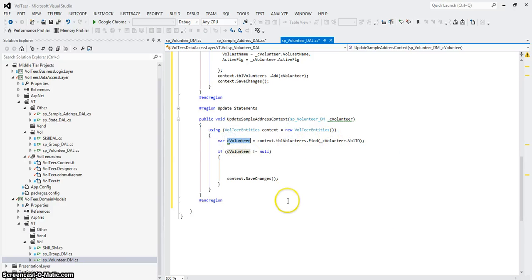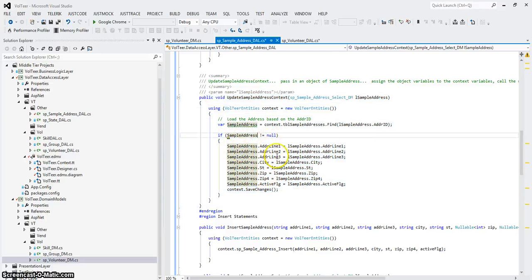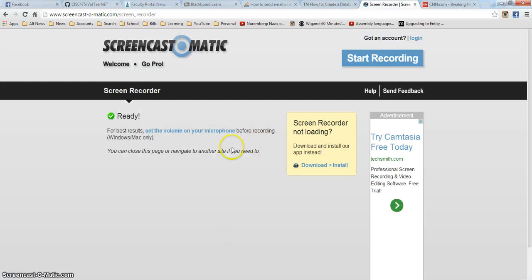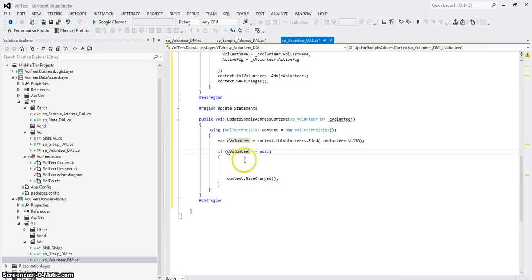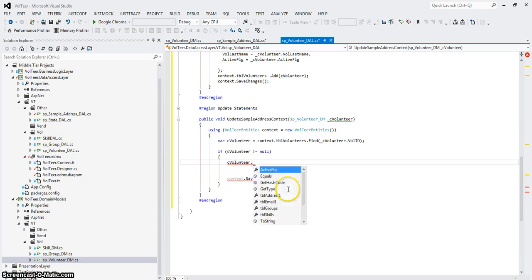So I have a volunteer. And if this is null, did I miss something over here when I cut and paste it? Nope, var sample addresses is this. And then within this, okay, we might have to do it our manual self here. So C volunteer. Let me make sure I got the direction of this right. There we go. Volunteer dot first name